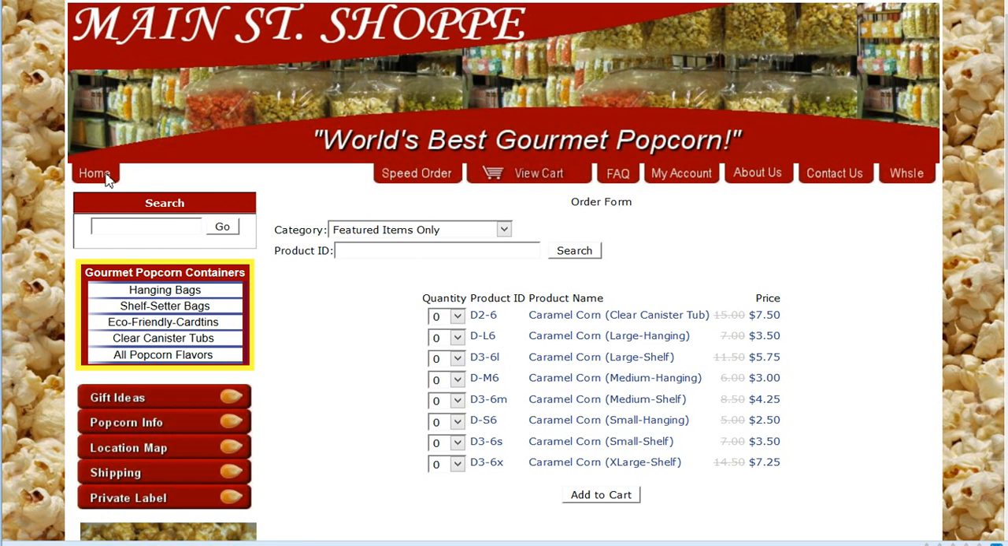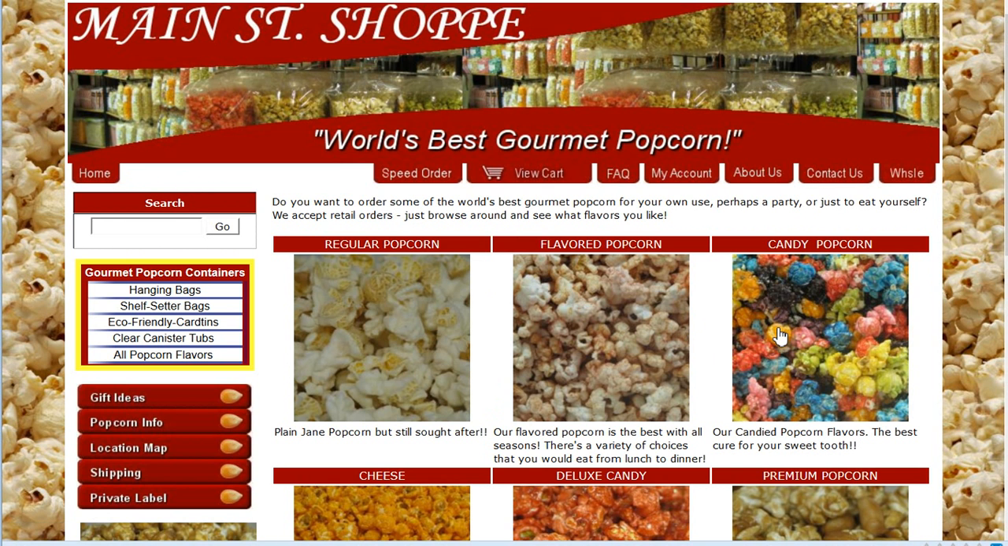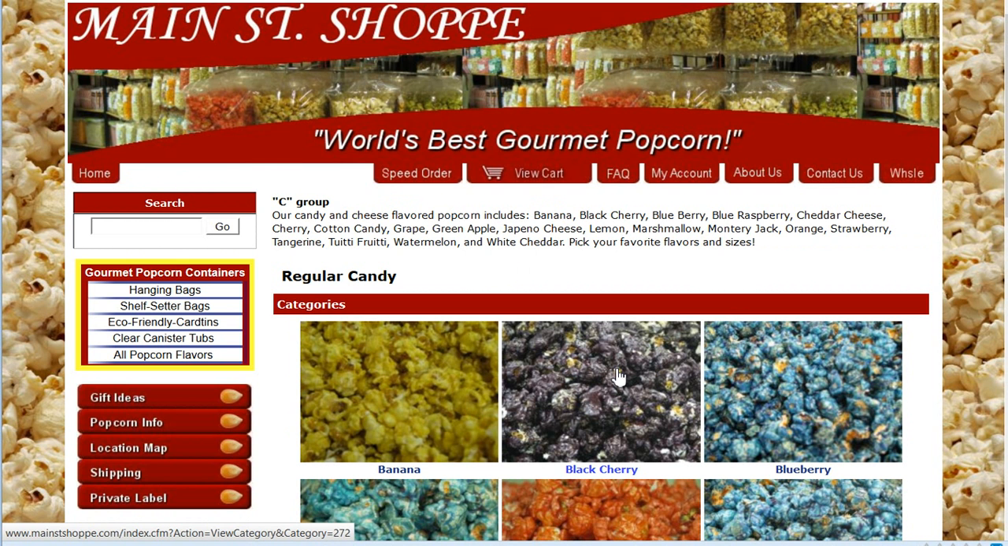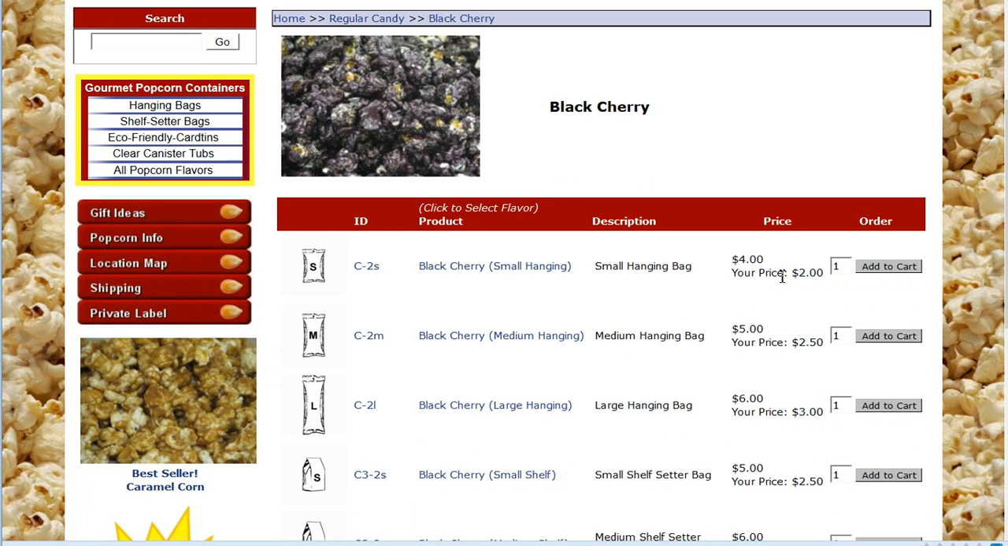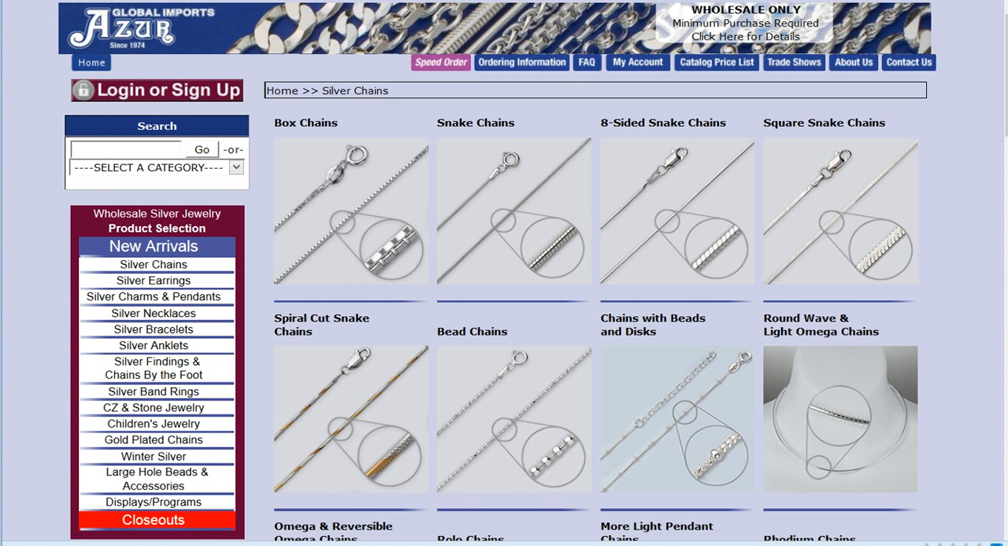If I go back to the home page and click on the candied black cherry popcorn again, instead of it being $4, I can now purchase this for $2. So that's just one example of being able to see the wholesale pricing by logging in, but being able to order at retail. Now, another example here, as we saw earlier, is that